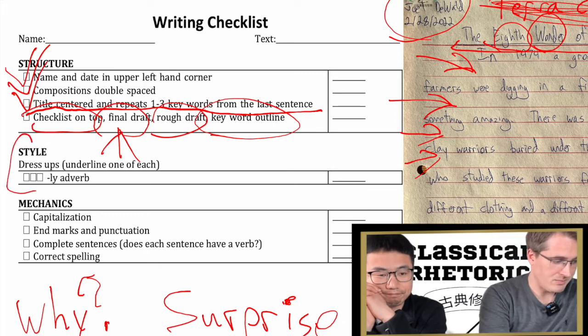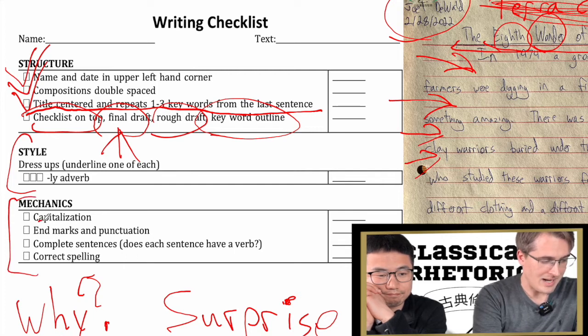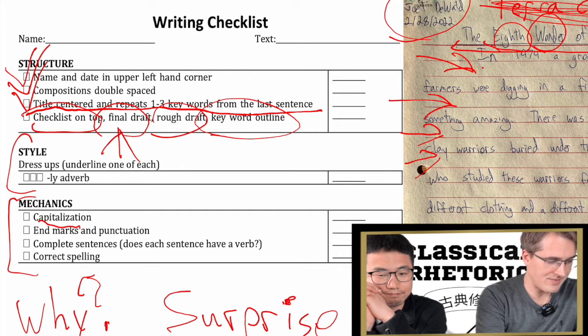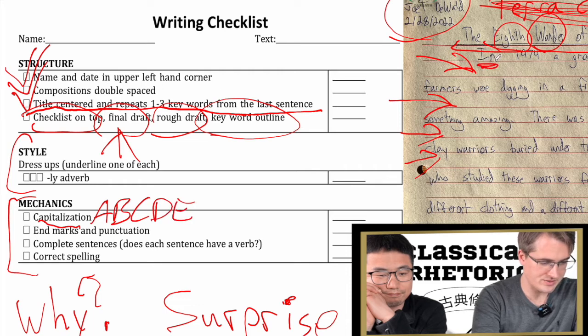Okay. We'll skip style and go to mechanics. We'll do style at the end. Capitalization means words that should have capital letters. These are capital. Like the first word in your sentence, and any names like terracotta warriors or China, a proper noun, must have